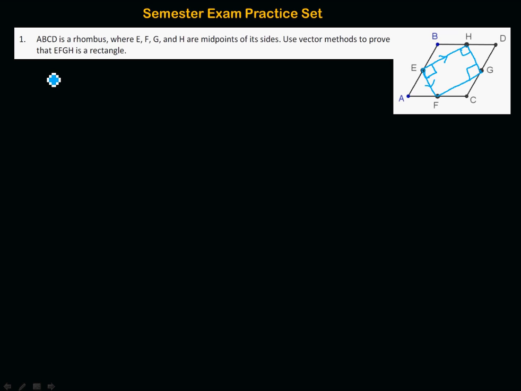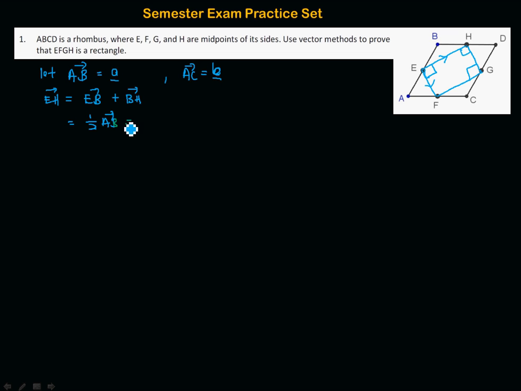Right, so I'm going to start by letting the vector AB be, say, a, and I'm going to call the vector AC b. It's so easy for me to refer to them. And now, how do I find EH? EH as a vector is of course EB plus BH, and EB is actually half of AB,